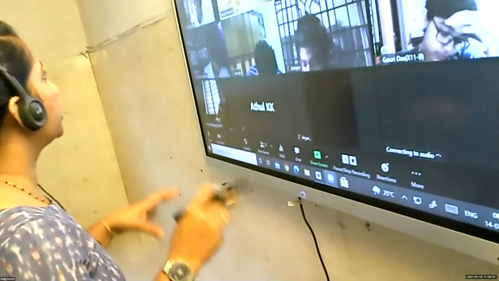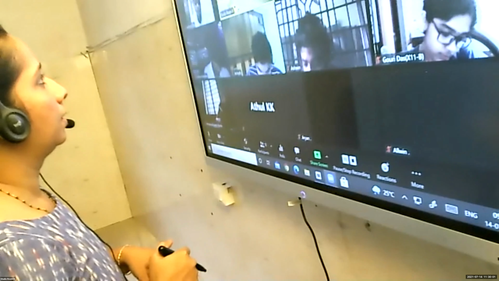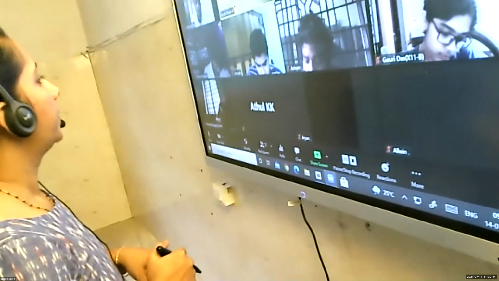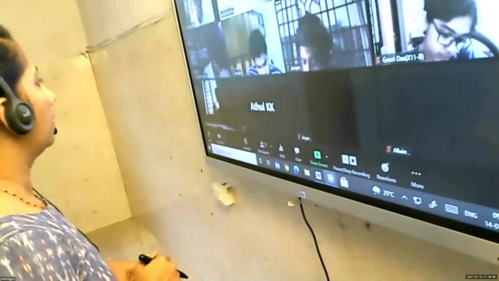So the insert function is based on list 1. You want to use L1 dot.